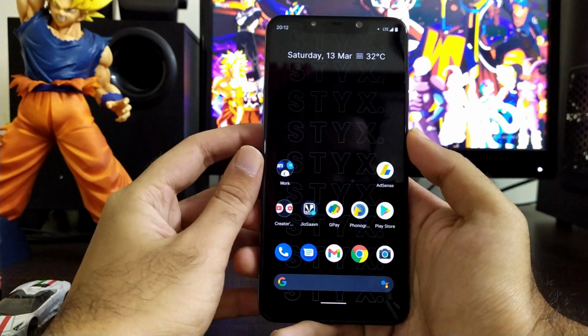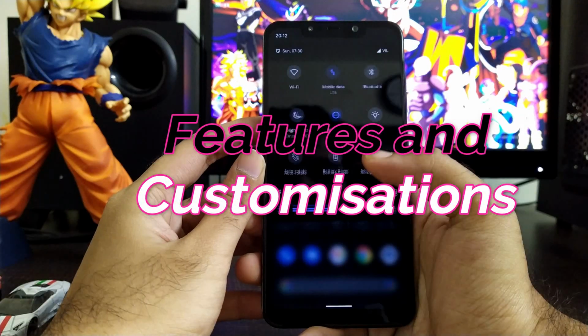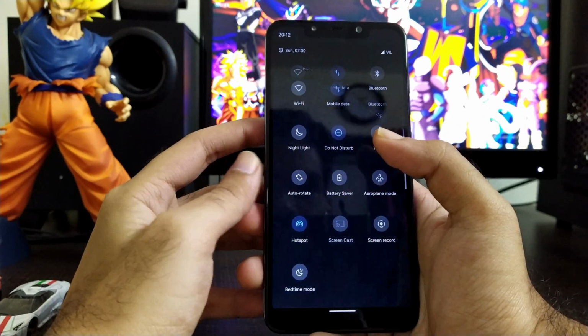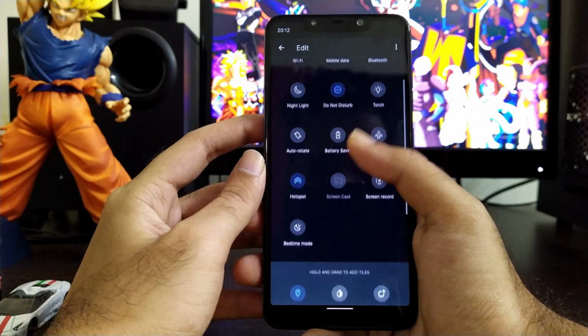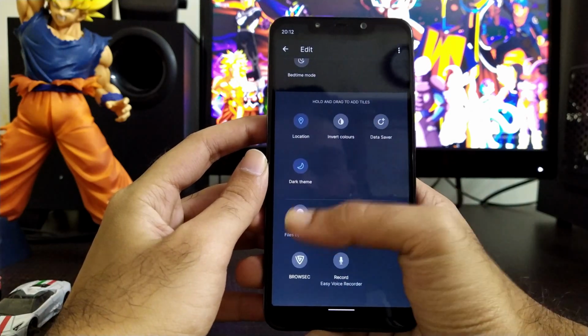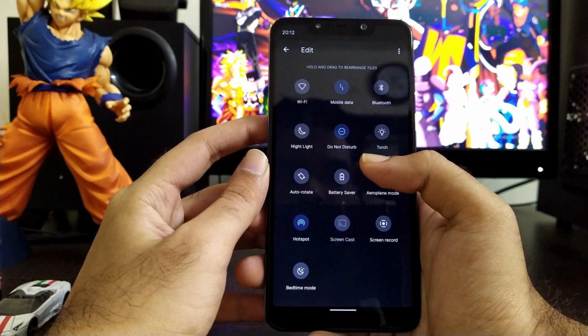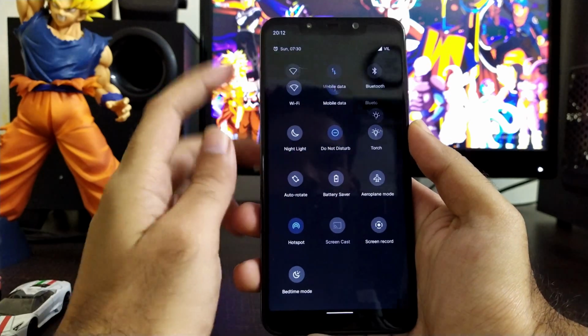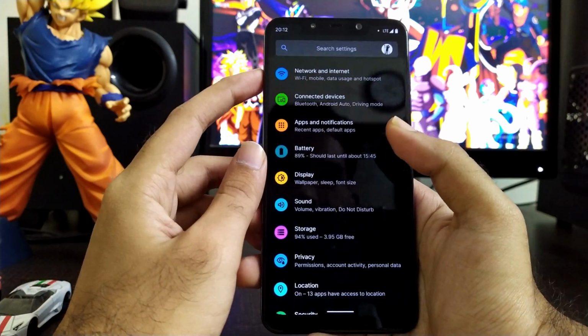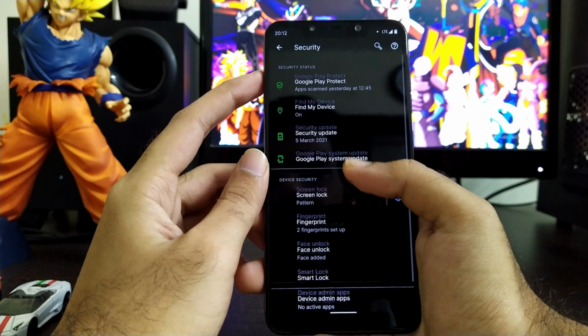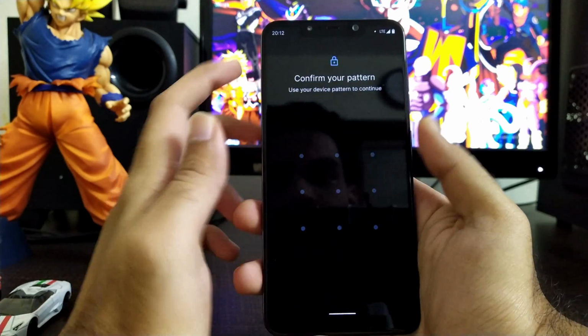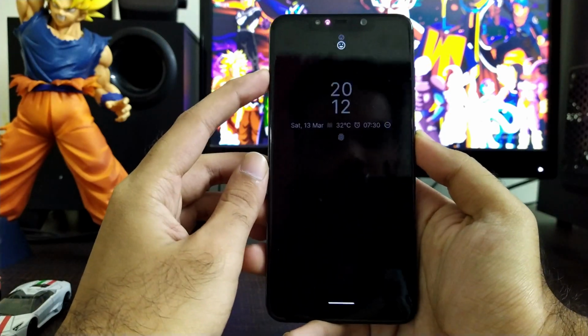Now let's further move towards the features and customizations in this ROM. If I say that the ROM doesn't have much customization, it's because the ROM gives you a complete stock feeling. Some of the customizations which you get in other ROMs, such as tile customizations, are here, and further you will get face unlock in this ROM.